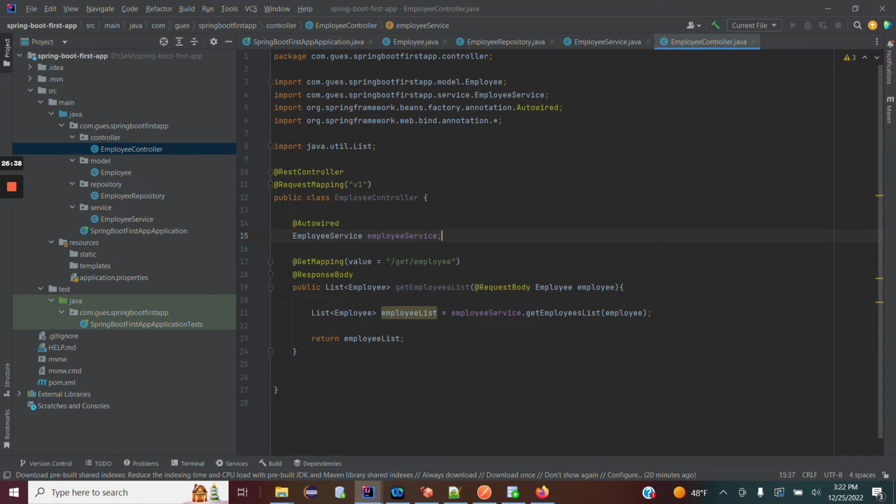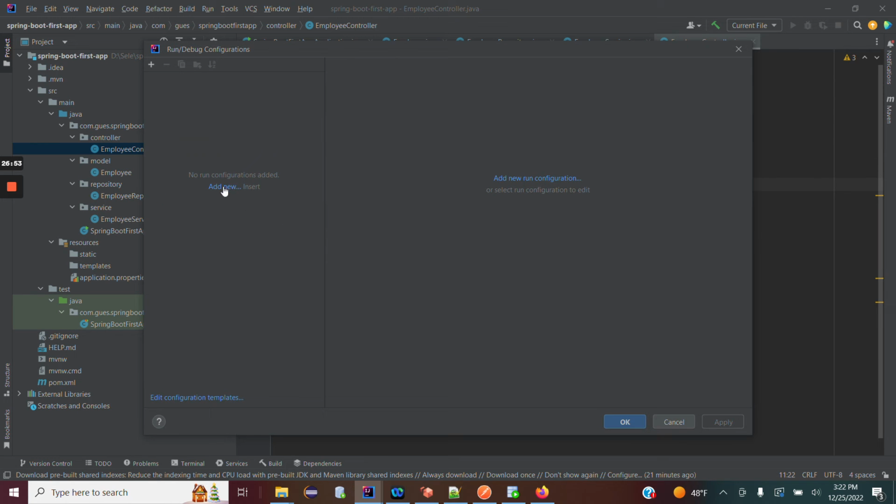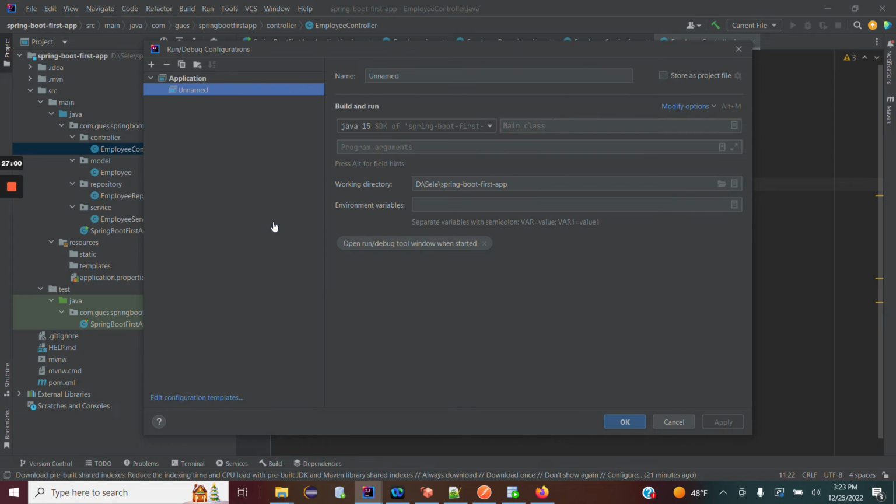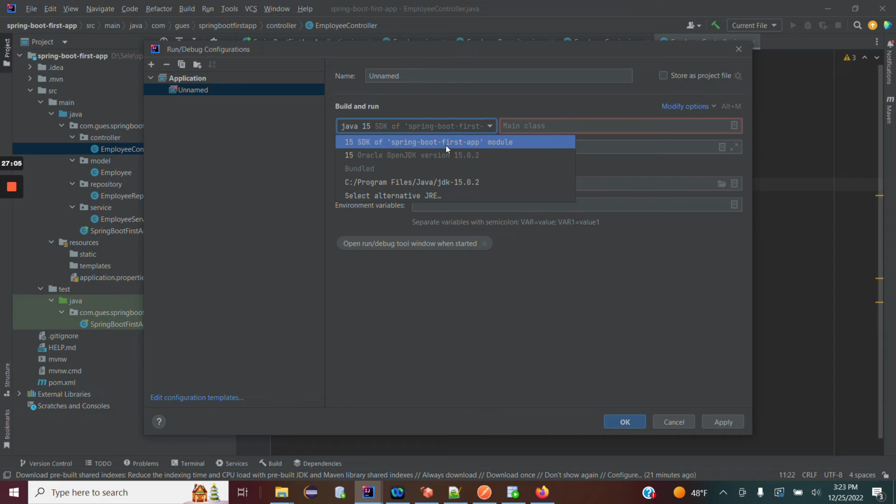Now what we are going to do is, we have everything here, right? So now just go ahead and start this Spring Boot application. You can click here, edit configurations, add new, and run it as an application itself. I have selected 11, I think, right? I think we can change it if you want. Just name it Spring Boot